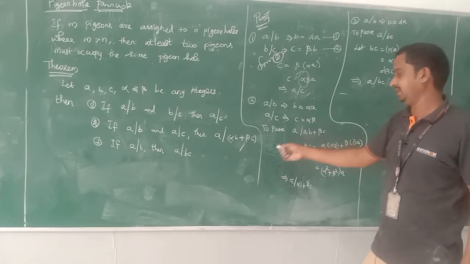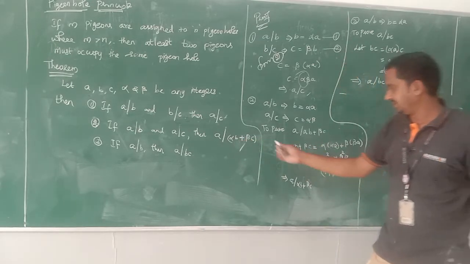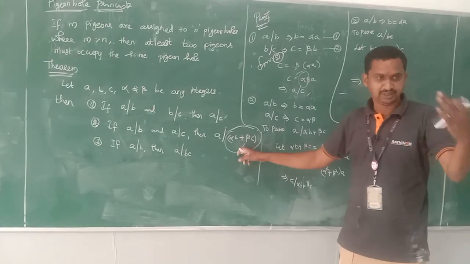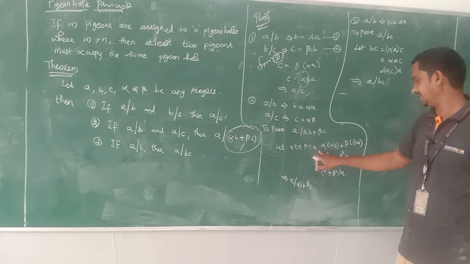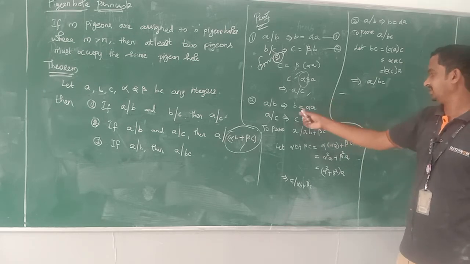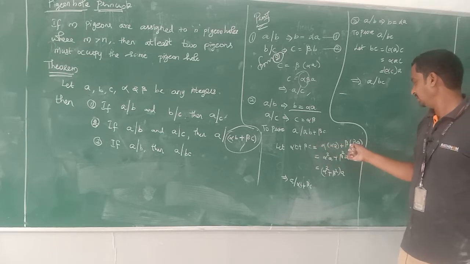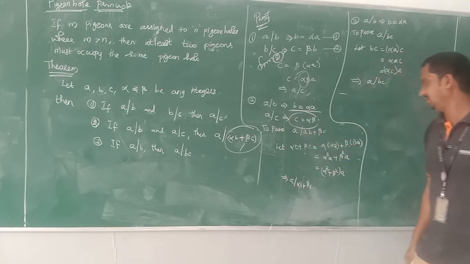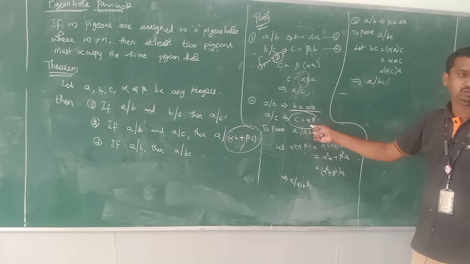Now you have to prove a given alpha b plus beta c. In the proof part, you can take the denominator given part. Let us assume alpha b plus beta c, and write it as alpha into b. What is the b in that equation? b equal to alpha a, so substituting. Similarly beta into c. What is the c value in that equation? Beta a. Substituting both values, b equal to alpha a, c equal to beta a.